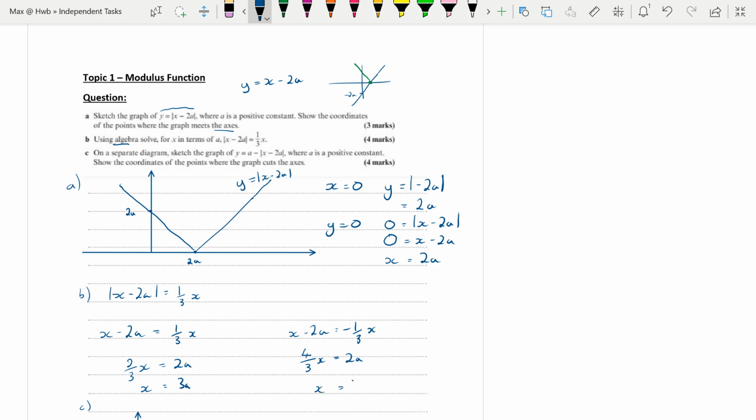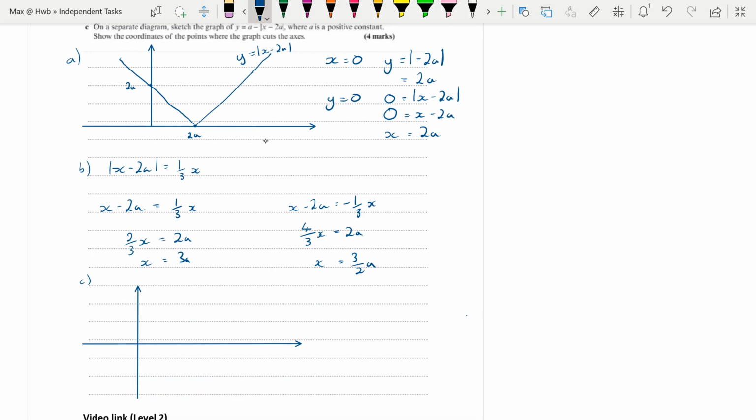That's going to give me x is 3/2a as my answer. So there's my two answers. Now, obviously, probably what's thrown quite a few people off with this is the fact that we've got a's involved. Just work with it like normal. It told me it was a positive constant, so I can just use it like a normal number. So for the last one, we got, on a separate diagram, sketch the graph for this function